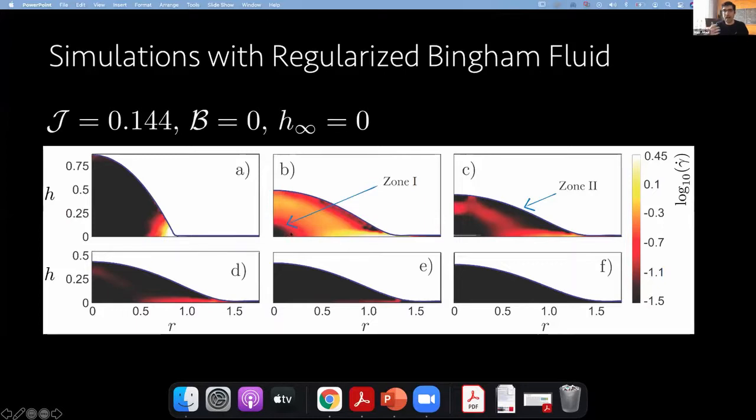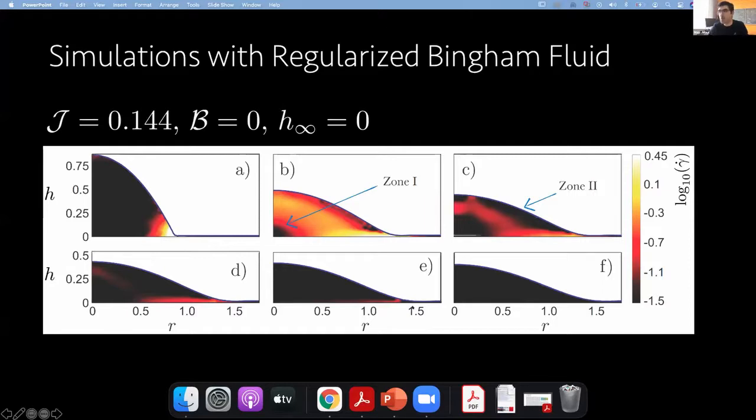And as time passes, now with solving the full equations, I can look at the anatomy of my flow inside the droplet in much more detail. So something that you can see is that there is this low deformation zone at the center of the droplet. So that somehow resembles this static plug region. But over time, you also get another low deformation zone at the interface, which you can think of as a moving plug-like